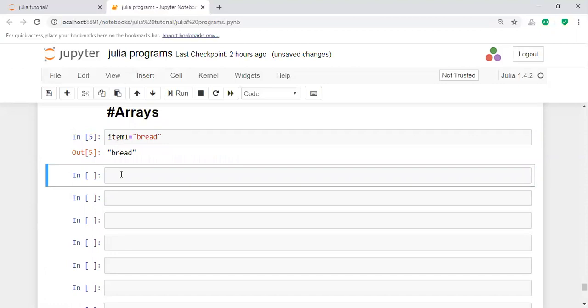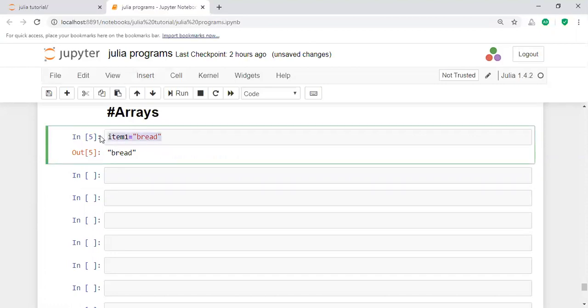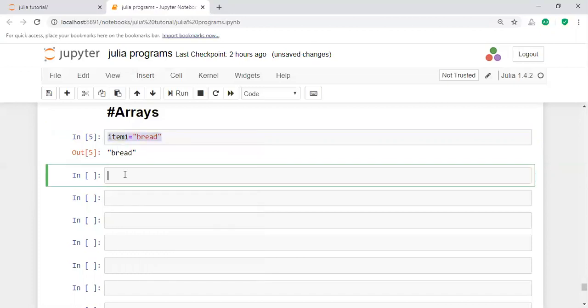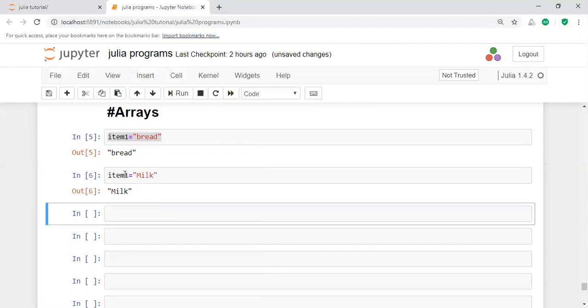Then let us take another item, item 2, for example milk. Then item 3, let us take for example onion.